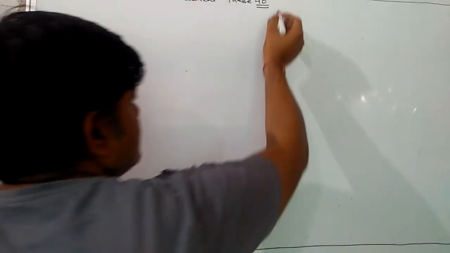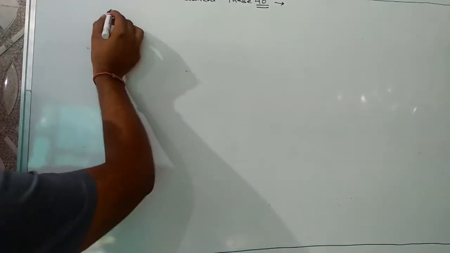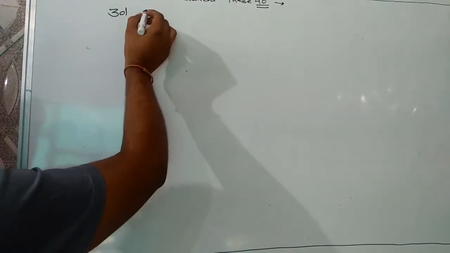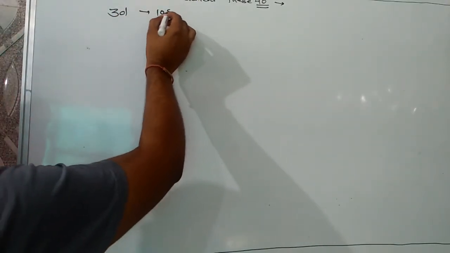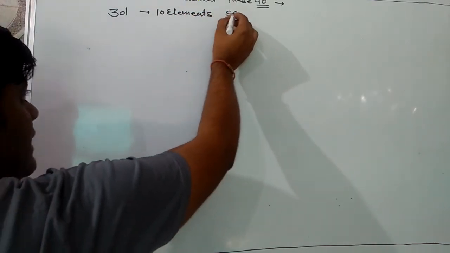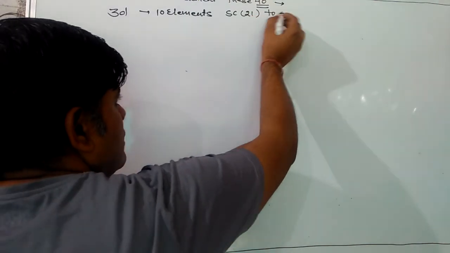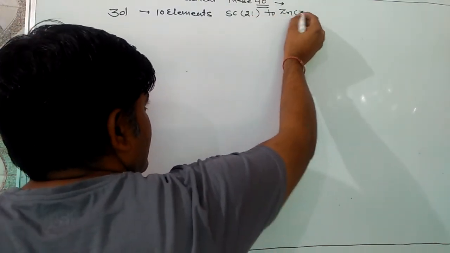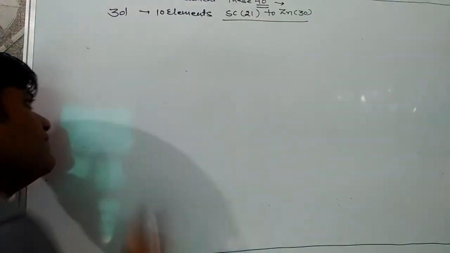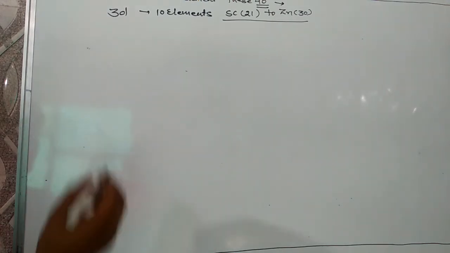The first one is the 3d series. It has 10 elements from scandium, atomic number 21, to zinc, atomic number 30. The first series is known as the 3d series. It starts with scandium and finishes with zinc, atomic number 30. There are 10 elements